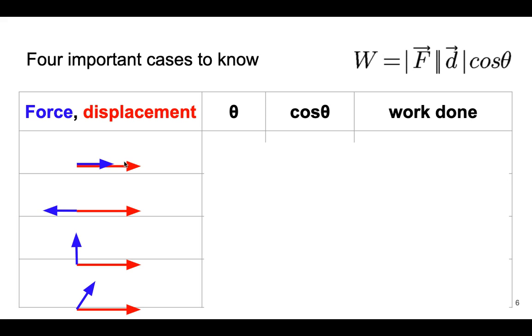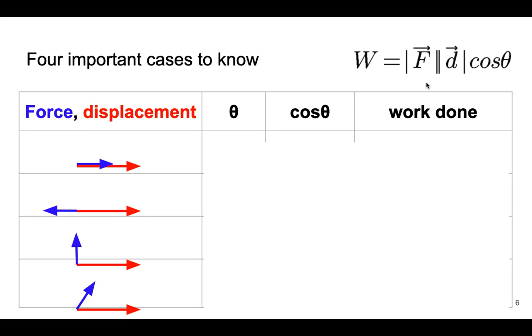So in the first case, the thing was displaced to the right, and the force that we're interested in is also acting to the right. So the question is, what is the angle between these two vectors? Hopefully you can see pretty quickly that the angle between these guys is 0 degrees. It's 0 degrees. Ask your calculator, what is the cosine of 0? The cosine of 0 is going to give you 1,